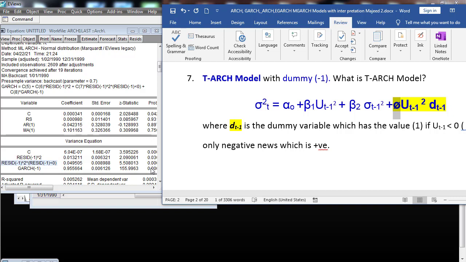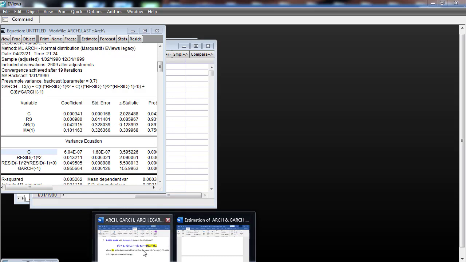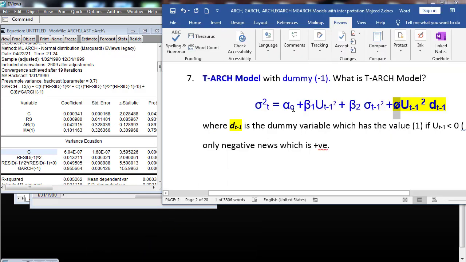As we mentioned earlier, we have C1, C2, C3, C4, and this is C5, C6, C7, C8. We have to interpret this. C5, as we mentioned, is the constant,